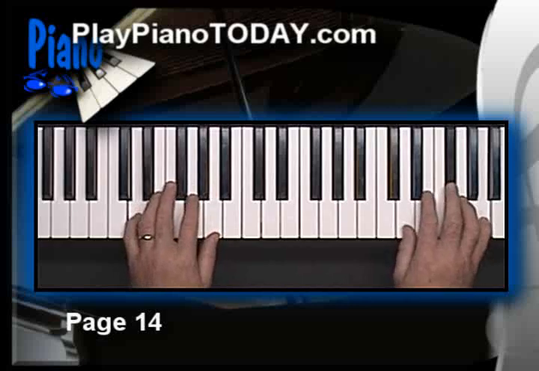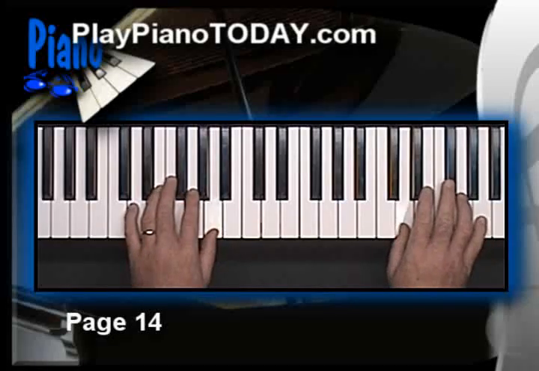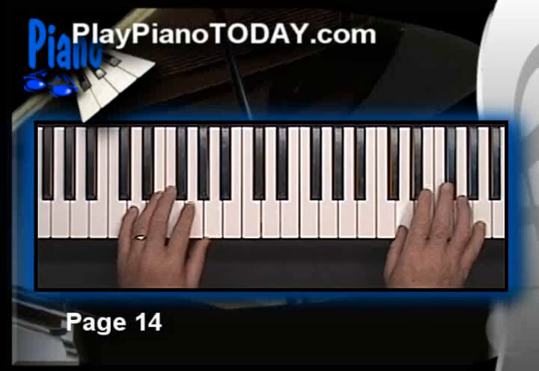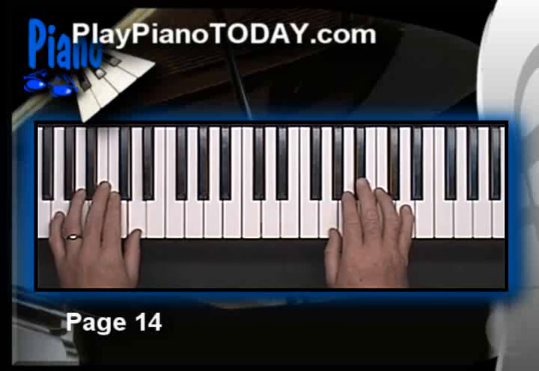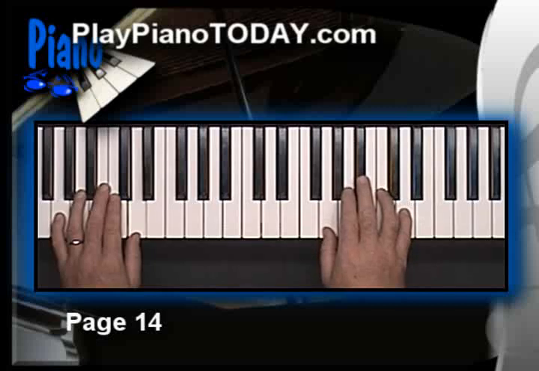So your hands are starting to move. You're starting to look like a keyboard player now. Okay, now let's go down to the bottom of the page where it says G minor. Is anything going to change for the left hand? No, because the definition of a minor chord means to take the 3rd and lower it a half step. And the left hand is only playing roots and 5ths. It doesn't have anything to do with the 3rd at this point, so it won't do anything different, while the right hand plays the minor version.